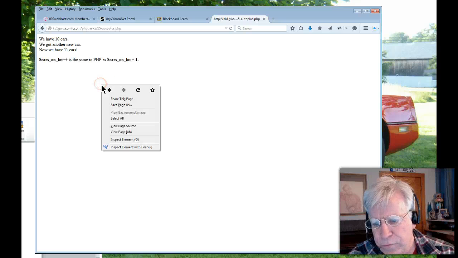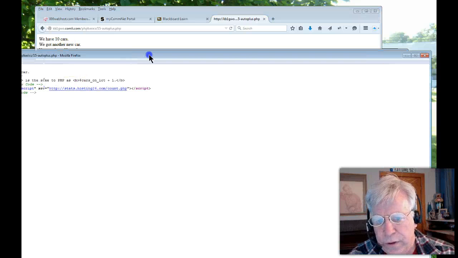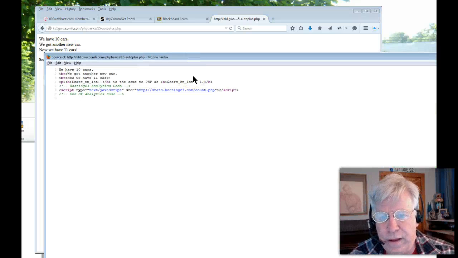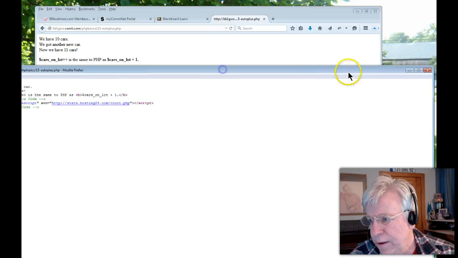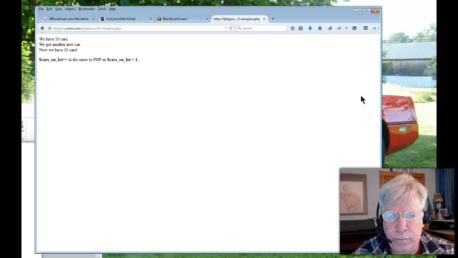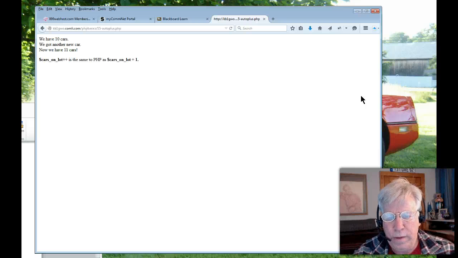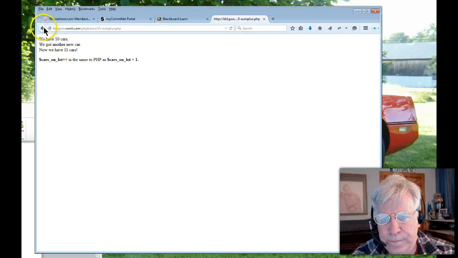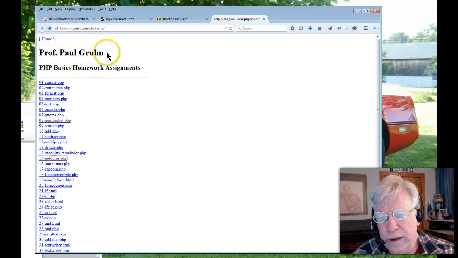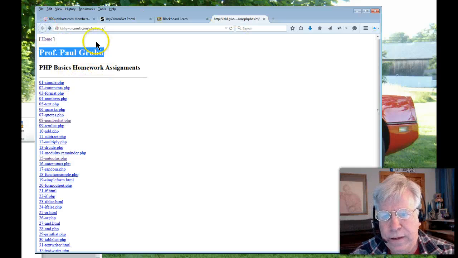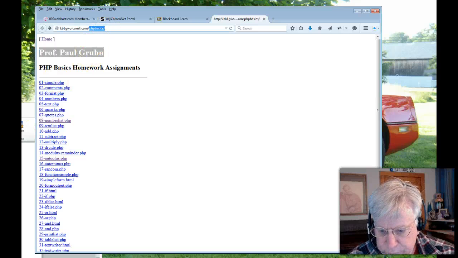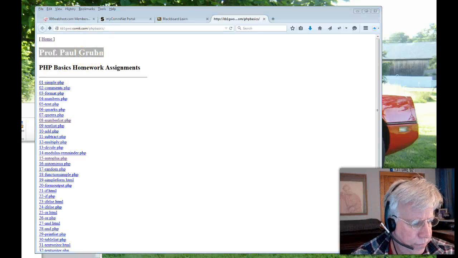Now what happens is, if you right click and view the page source, all you see is the HTML. You do not see the PHP that generated it. And that's because, like we talked about in one of the earlier videos, on the server, the PHP interpreter takes the code and builds the web page that then gets sent out to the browser. So this is what your homework assignment should look like, with your name on the top of it in a PHP Basics folder. So now, going to Netbeans,